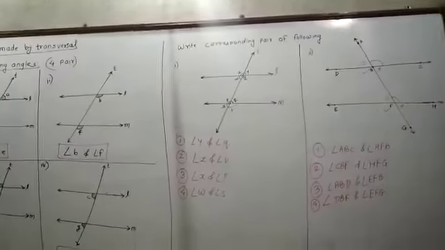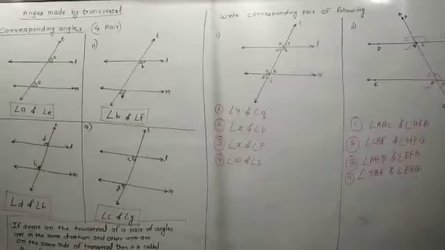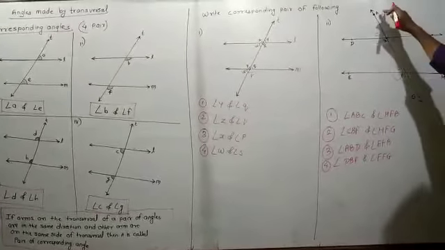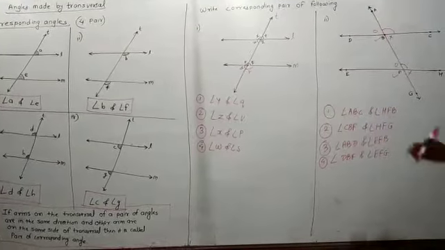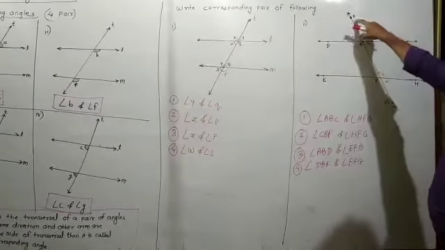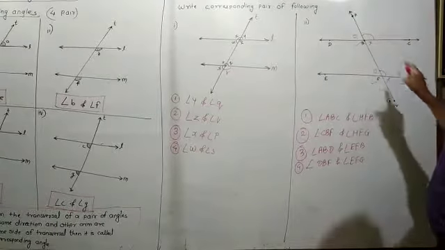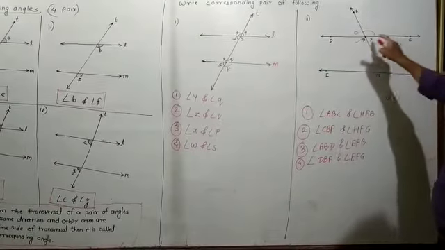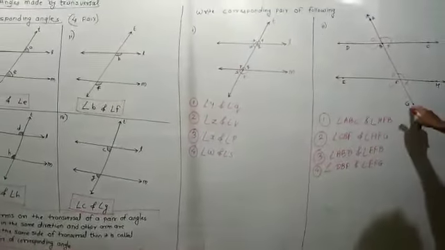These are the four pairs of corresponding angles that will form. So you have to try to understand and try to read these angles by three letters. If you read this angle as ABC or CBA, the angle is one and the same. So if you keep the finger like this, angle ABC, or CBA, and angle HFB is one of the pairs. Second pair, angle CBF and angle HFG.